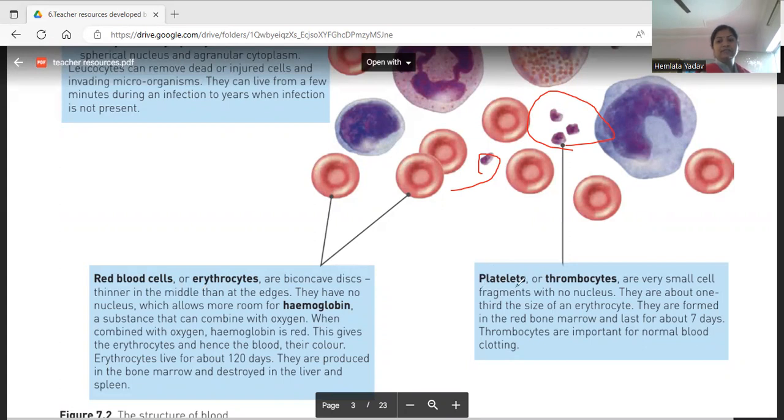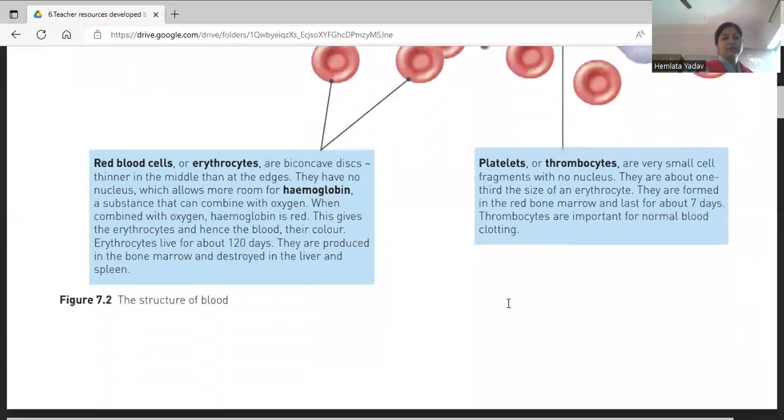And these are produced from... these are the third type of cells which are found in the RBC, which is found in our blood. And now